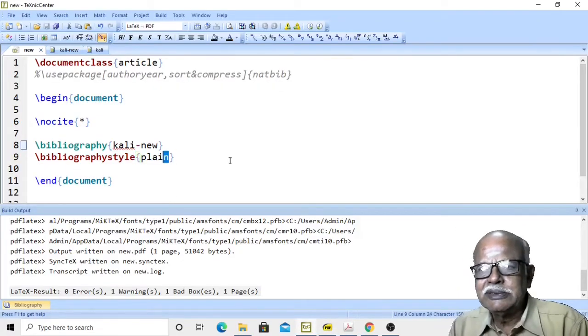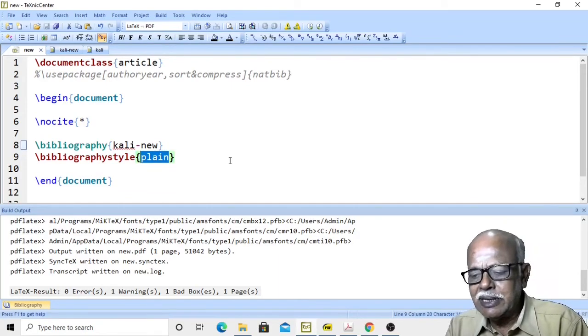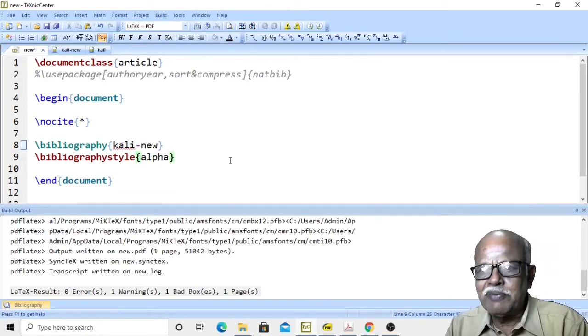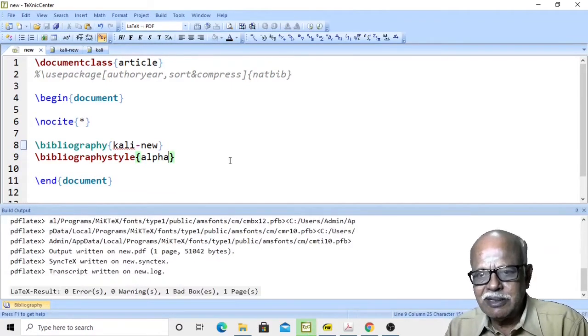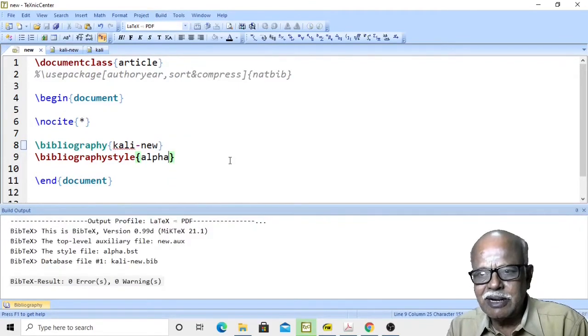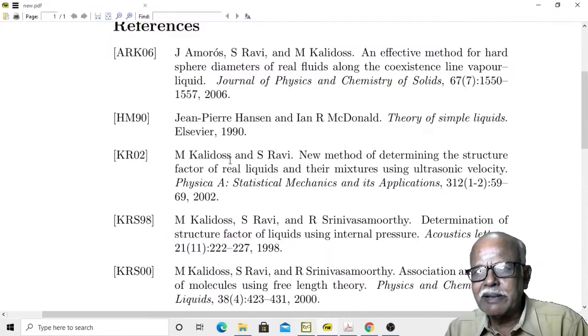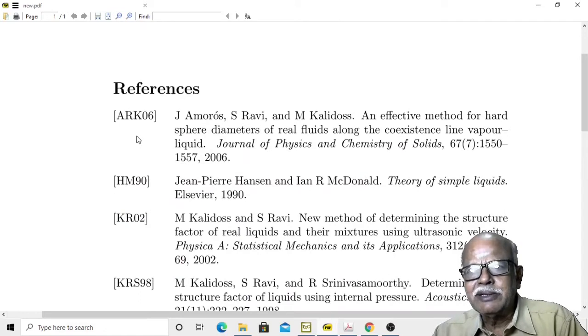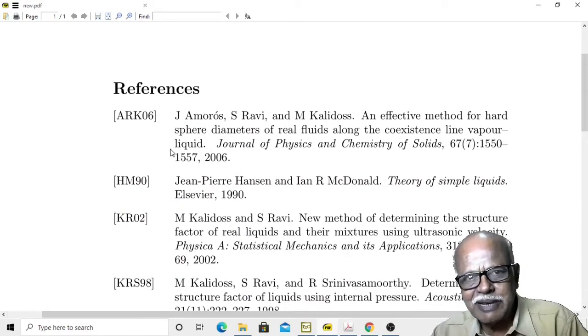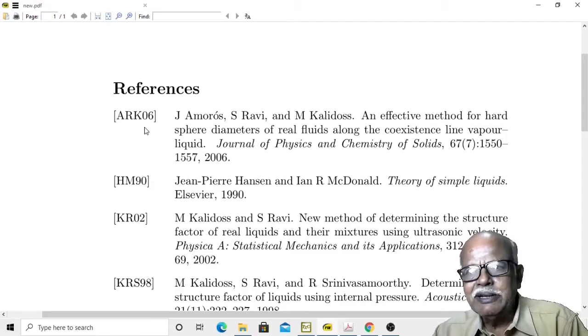Then let us say alpha. Run LaTeX, run BibTeX, again LaTeX. You find for the same style file, for the same bib file, because of the new style file alpha, instead of numbers 1, 2, 3, etc., here you find alphabetically arranged author names.